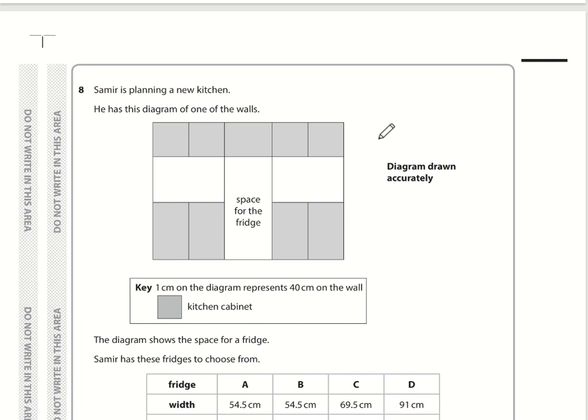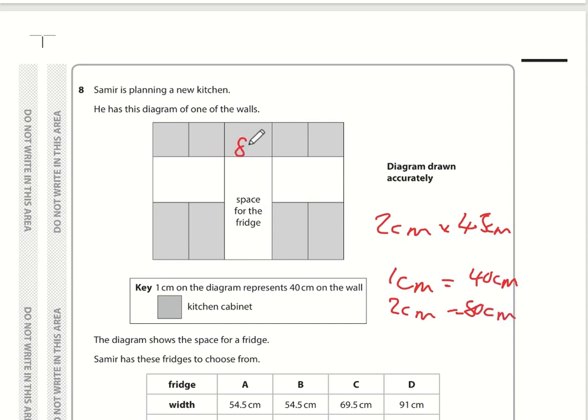So for question number 8, the first thing we need to do is measure this fridge. So using a ruler, provided you've got in front of you the correct size exam paper, this should be 2 centimeters by 4.5 centimeters. Now we know that 1 centimeter equals 40 centimeters. So if 1 centimeter is 40 centimeters in real life, then 2 centimeters is going to be 80 centimetres in real life. So we've got 80 centimetres across, and the height